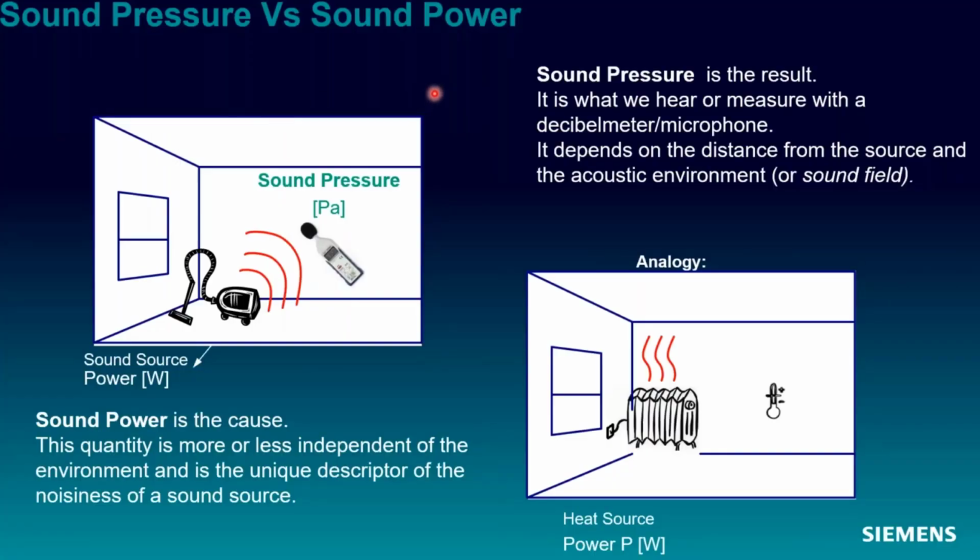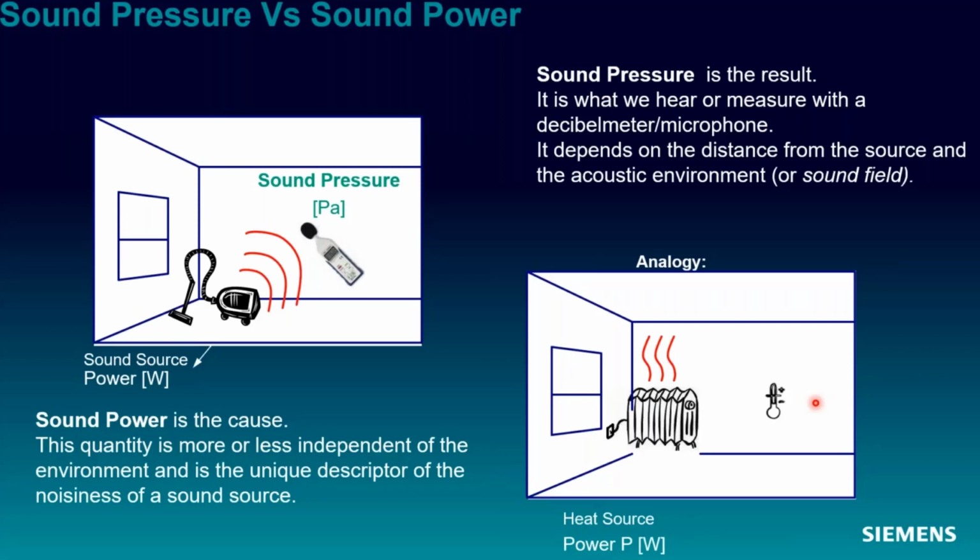This is my colleague's favorite analogy. It's not my favorite, but it is good, so I will get to it. They like to use what's called the heat analogy for defining the difference between sound pressure, sound power, and sound intensity. If you have a heater in the room, you know that the heat output is going to be some type of power in watts, and we also measure sound power in watts. You know how much power and energy it's going to output. But if you took a thermometer and measured where you are in the room, that temperature is going to be different because of the path fluctuations.